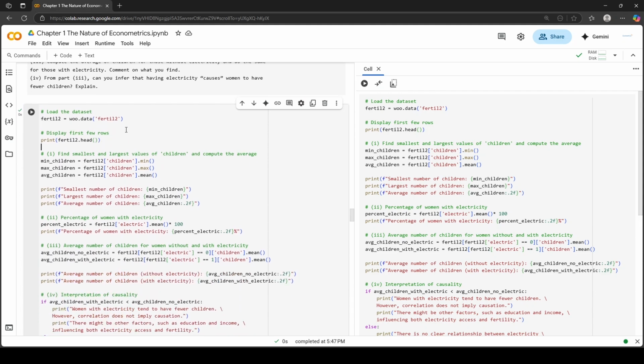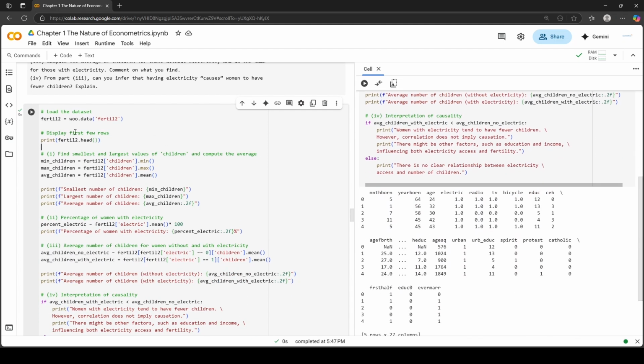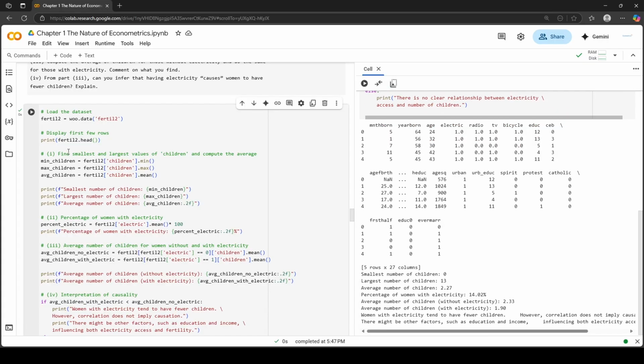First, load the dataset: Fertile2 equals woo.data, and in the bracket Fertile2, and then use the head command to see the first few rows of this dataset. Okay, so these are the column names. Now,